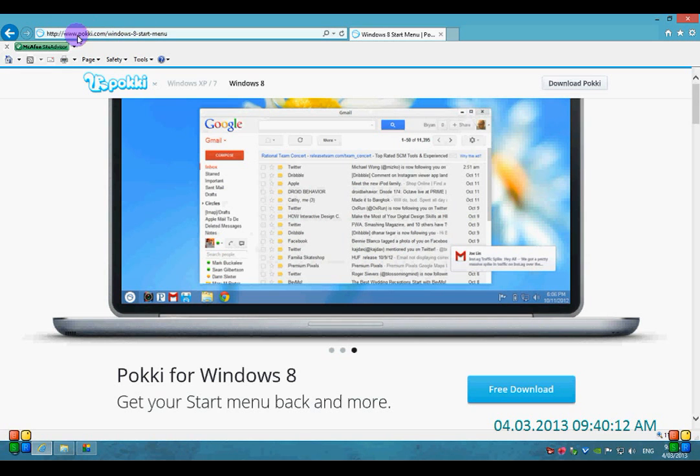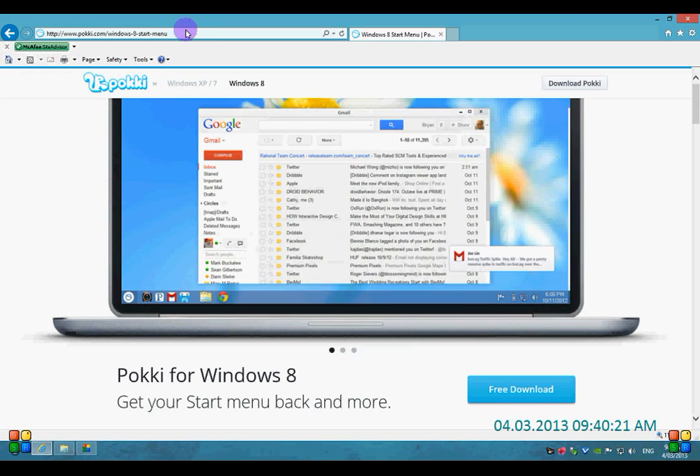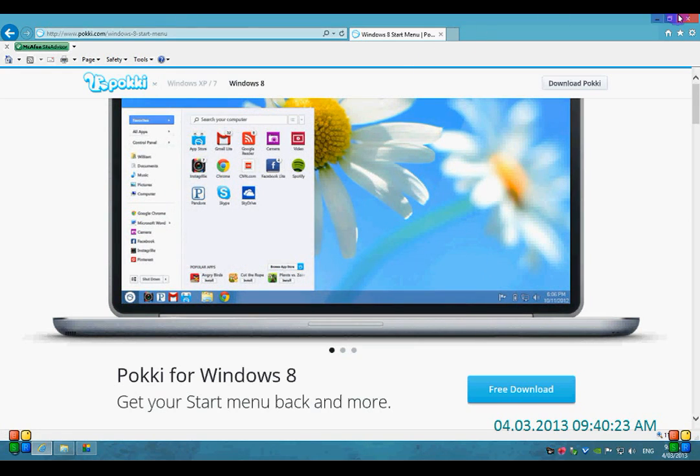It can be found at www.pokki.com/windows-8-start-menu. So I'll try and include that in the link description when it's uploaded to YouTube. So basically we'll bookmark that for now,